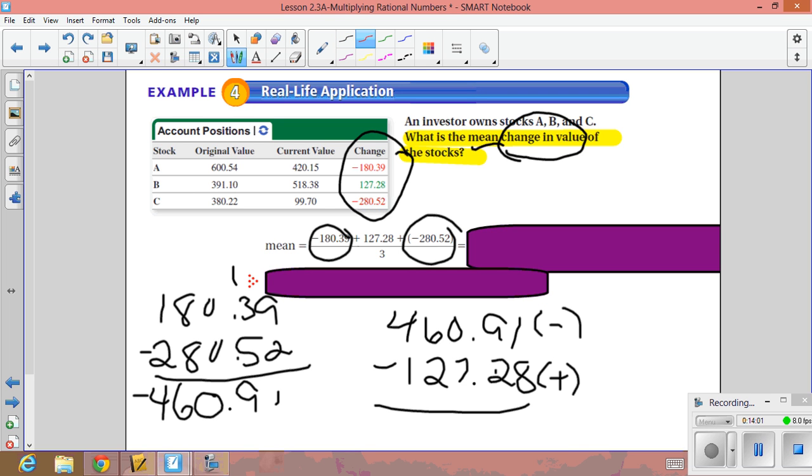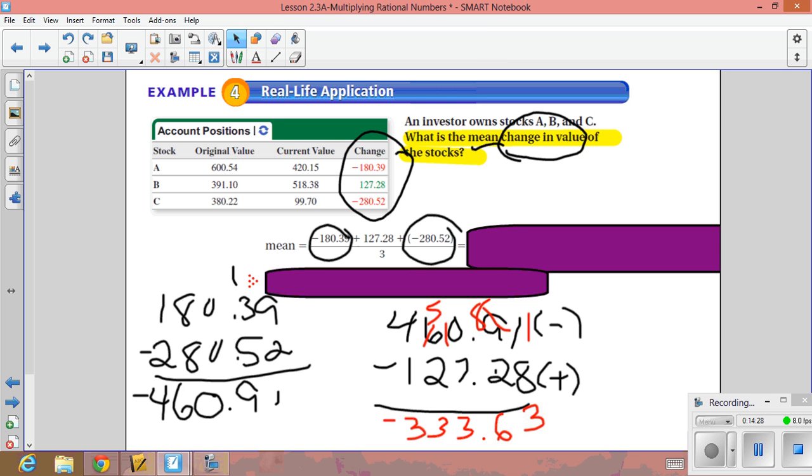So let's subtract. I can't do 1 minus 8, so the 9 becomes an 8. This becomes 11. So 11 minus 8 is 3. 8 minus 2 is 6. We have to borrow again. 10 minus 7 is 3. 5 minus 2 is 3. And 4 minus 1 is 3. So since I have more negatives than there is positives, my solution is negative 333, or